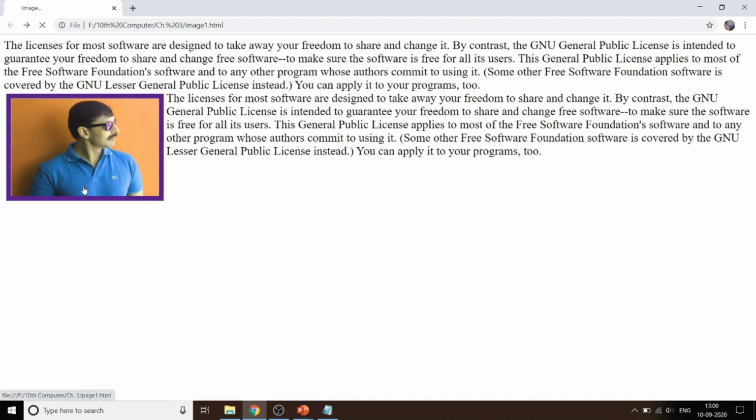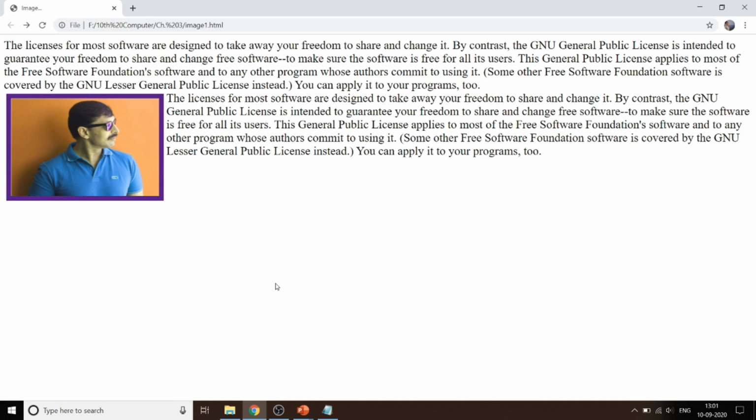In the next lecture we will see how we can create different hotspots on a single image. Clicking here, it takes me to a different page. Click here, again it will take me to a different page. If I click somewhere here, it should take me to a different page. Map of India, if you see, and if you click on Gujarat, it will open the Gujarat state details. If you click on Maharashtra, it will open the details about Maharashtra, and so on. We will see this in the next lecture.